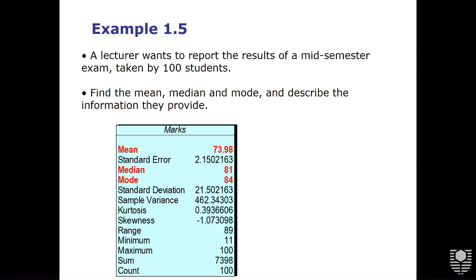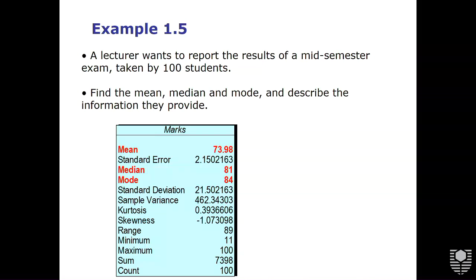The median in here also, so you can see that the mean, median and mode are almost close to each other, and the median and mode have to be close because you want to report that the median of the students is 81, and the mode, the most frequent grade for all students, is 84. Most of the students got 84. The most frequent one, 84, right? That is the,